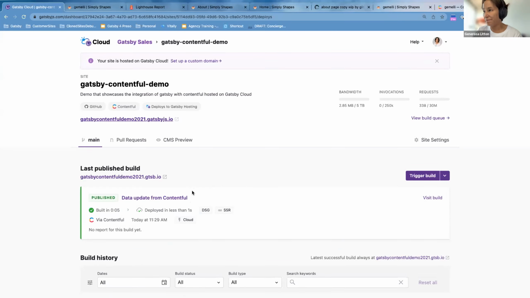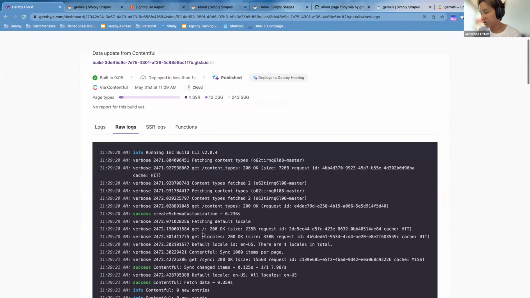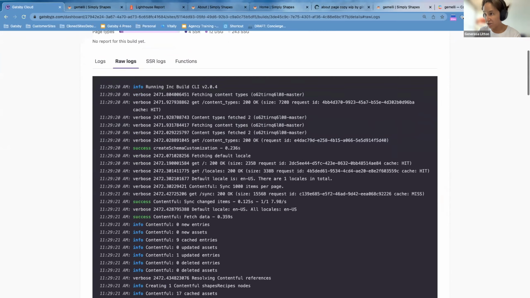So Gatsby Cloud built that new content today. It was built in 5 seconds, again, because we're leveraging incremental builds from the framework. We're leveraging cloud builds from Gatsby Cloud. And just to make sure it's using incremental builds, we can see the Contentful source just had one updated entry, which is the one we just did.